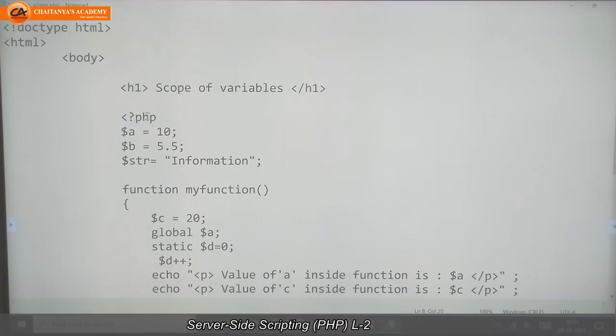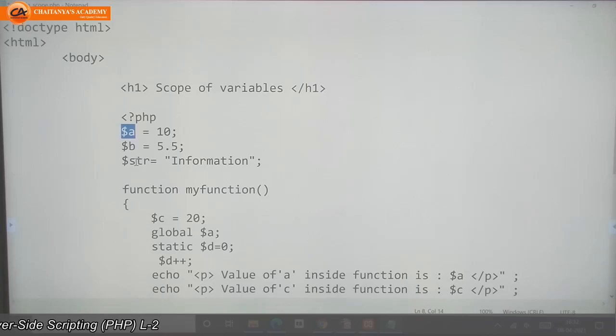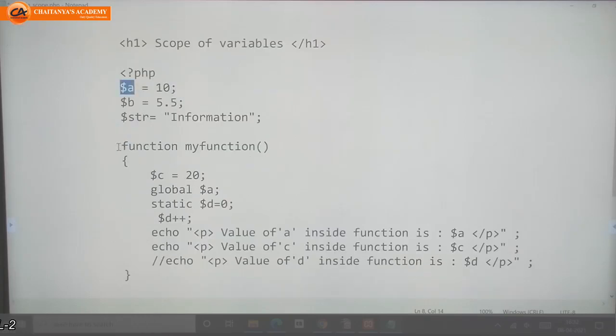So here in my PHP section, I declared one variable a equal to 10, b equal to 5.5, and str equal to information. Here I wrote one function. This is a user-defined function which is not available in PHP.